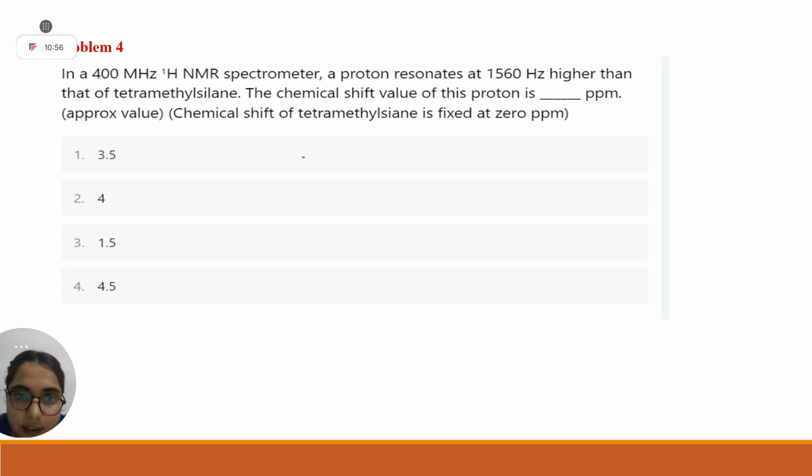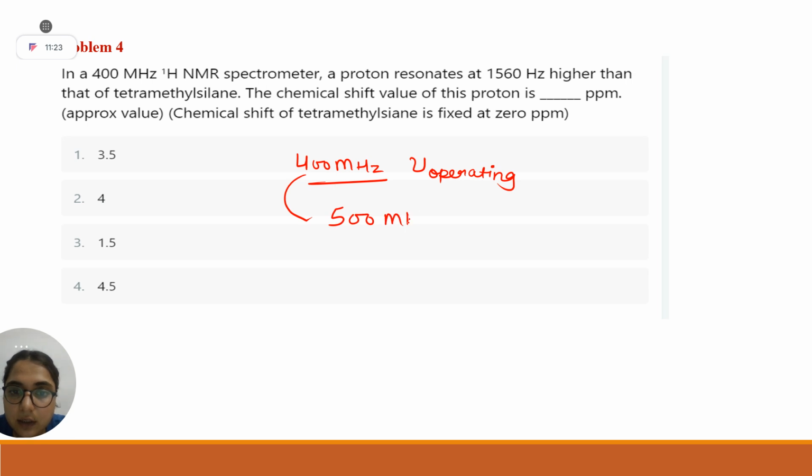And tell me, what is this 400 megahertz? This is your mu operating. Mu operating means how much frequency you are giving. For example, if any one of you are working in a research lab, you should know for NMR, in general, we are given a 400 megahertz machine. 500, 600 machines are also there in some labs, but in general, we come across this.